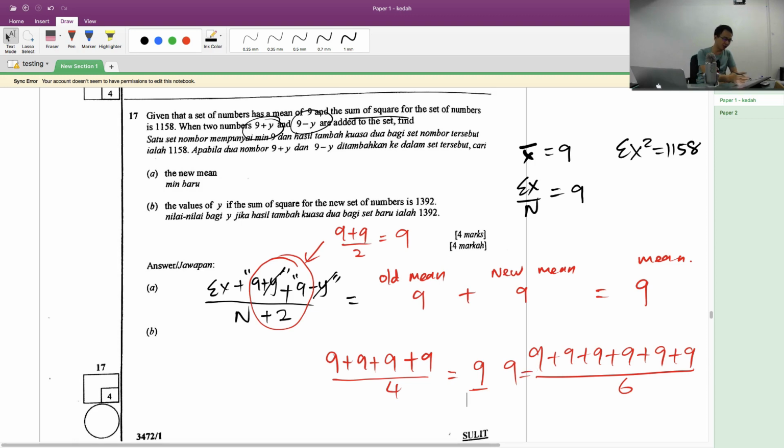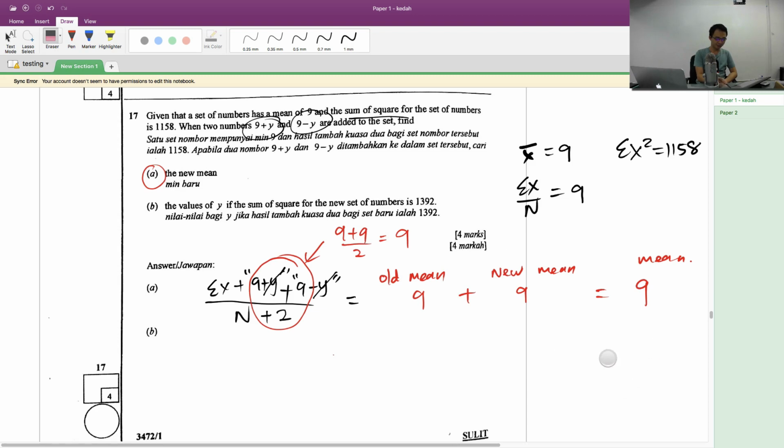A lot of students just don't understand part A. If you can understand, then we'll go to part B. So the mean just remains 9. For B, find the value of y if the sum of the squares for the new set of numbers is 1392. That means the new sum of x squared is 1392. When I say new, I have to use the previous one, the old one, plus